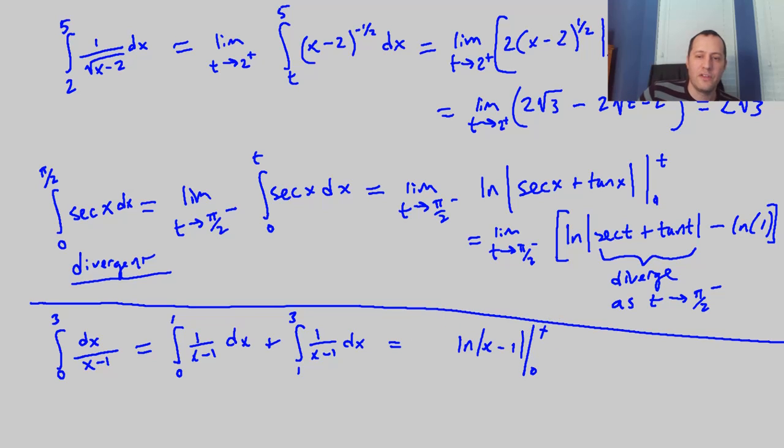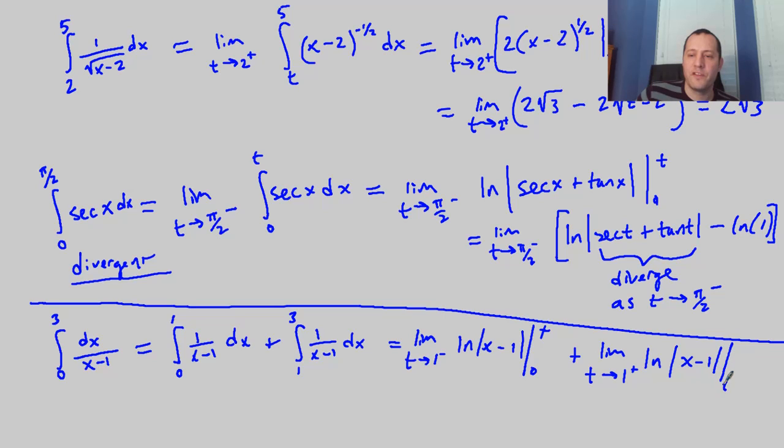And here, I'll use t at this point. The limit as t approaches 1 from the left for that first integral, plus the limit as t approaches 1 from the right of the natural log of the absolute value of x minus 1